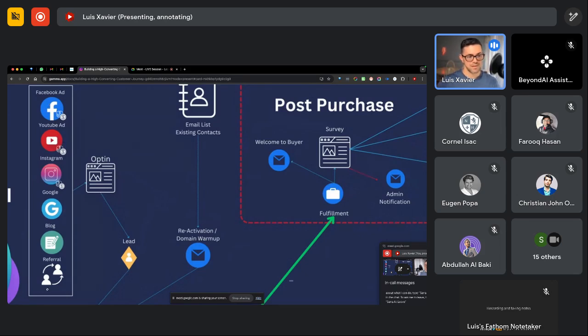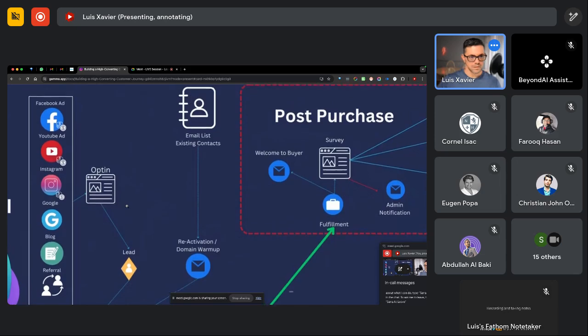So everything that happens here in terms of lead acquisition should take them into an opt-in. This opt-in should be as simple as name, phone number, and email address. Just keep in mind, the more you ask, the less you usually get. Meaning, if you just ask for the name and email address, you probably will get more leads compared to name, email address, and phone number. That said, if you get leads that are willing to give you name, phone, and email, you might be getting better leads because they are more invested and they are fine to share the details with you.